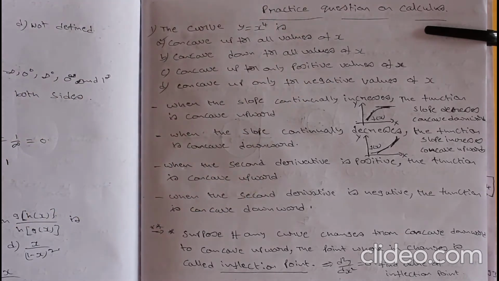So in order to find the solution to this problem, you have to know what is meant by concave up and concave down. This concept is not covered in my notes, so in this solution I am going to give you the clear concept of what is meant by concave up and concave downward, and in this process you will get one more important point, that is the inflection point. After understanding these points, you can solve any question based on concave up, concave down, or inflection point.